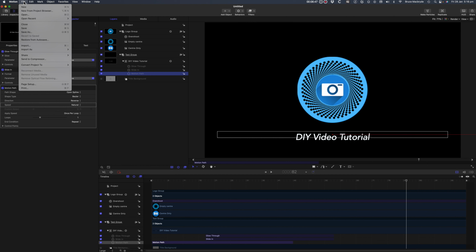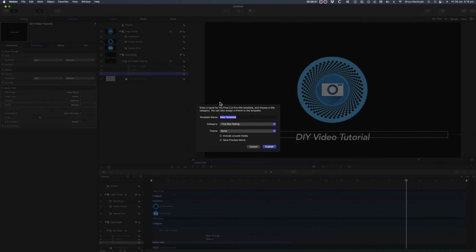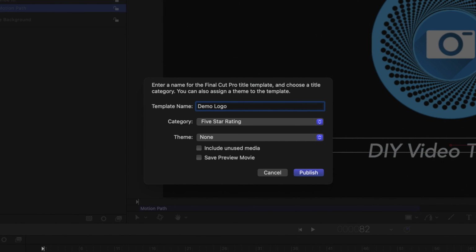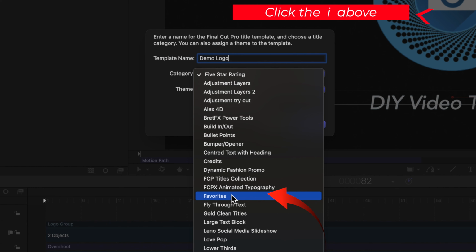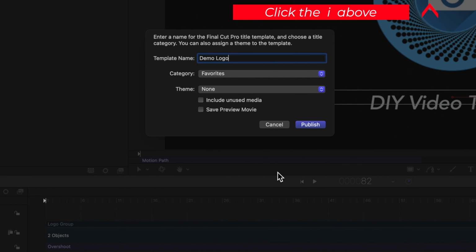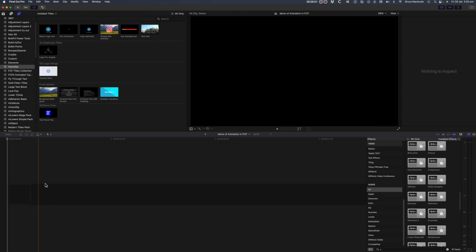Now to save this, select the File menu, Save and give it a name. I've saved mine to my Favourites category. And if you want to make your own Favourites category, click the eye above for a video that shows you how to do that. Now in Final Cut Pro,